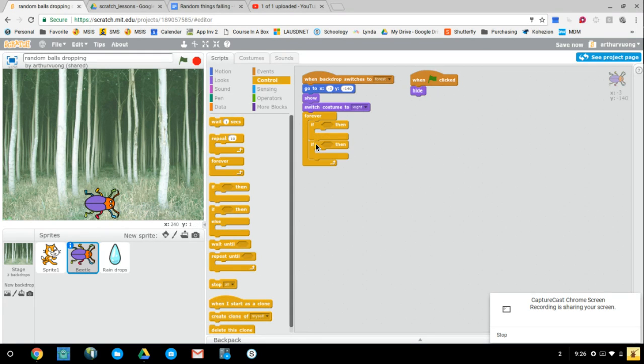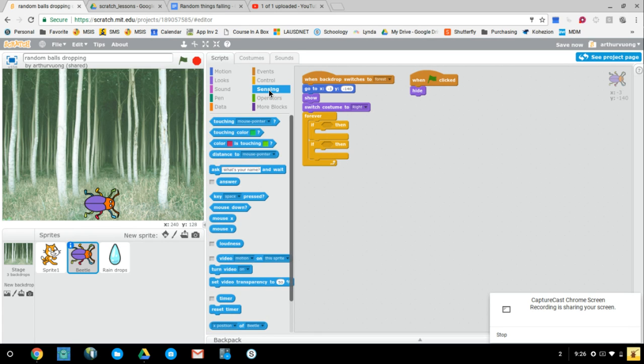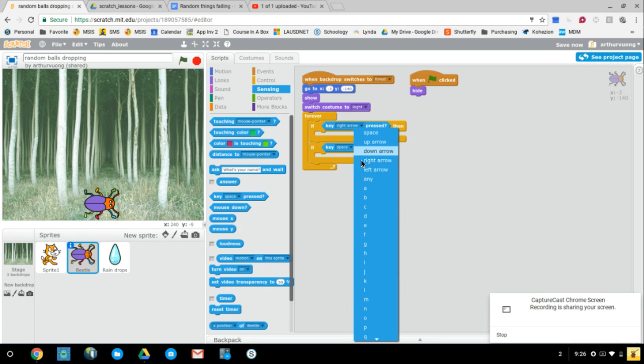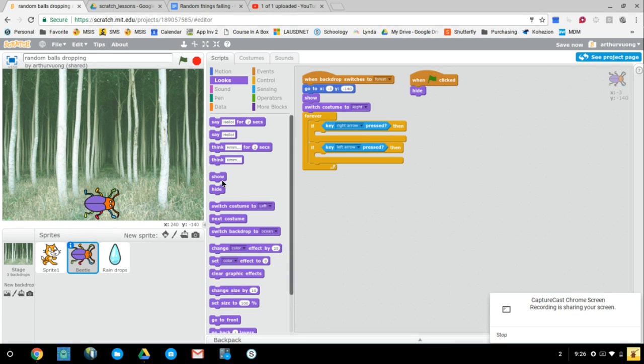Now, if the right key is pressed, that'll be under sensing. Under key press, one will be for the right arrow, and the other one will be for the left arrow. Going to the right arrow, when we press on the right arrow, we want him to face right first of all. So under looks, you go to switch costume to right,